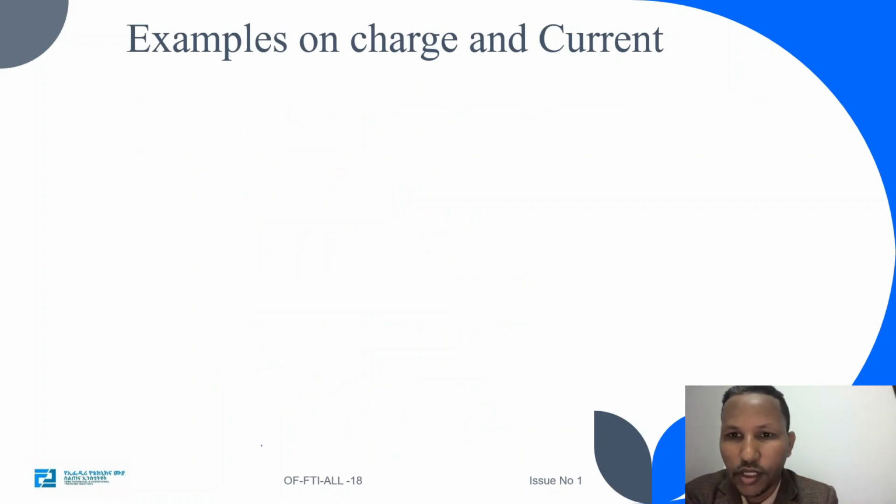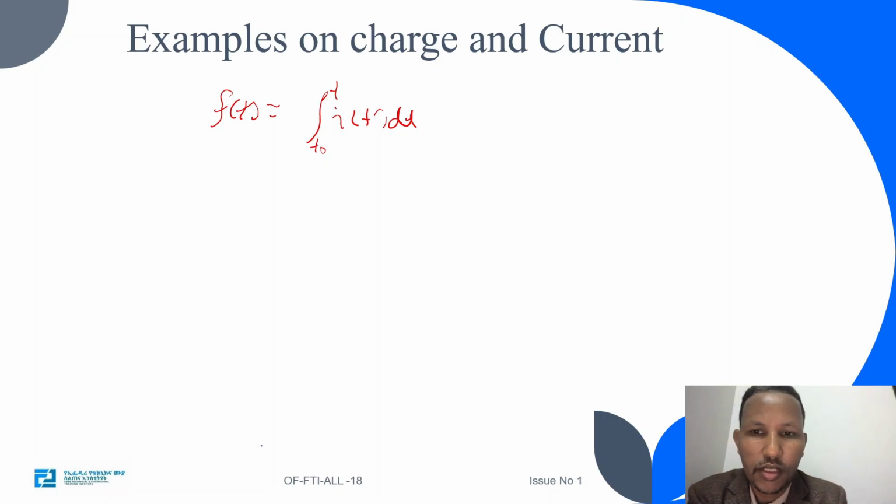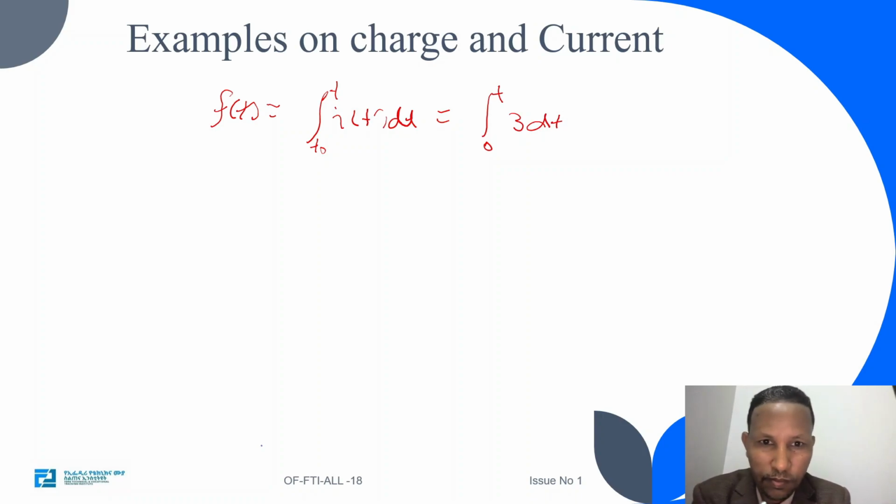So we have said that the expression for charge is given by the integral from t naught up to t of I of t dt. The limit of integration starts from 0, so we'll have the integral from 0 up to t of the current, which is 3, dt. For this integration, you get 3t,